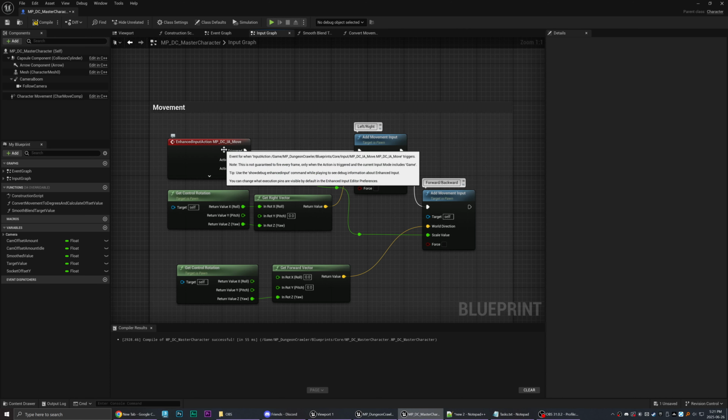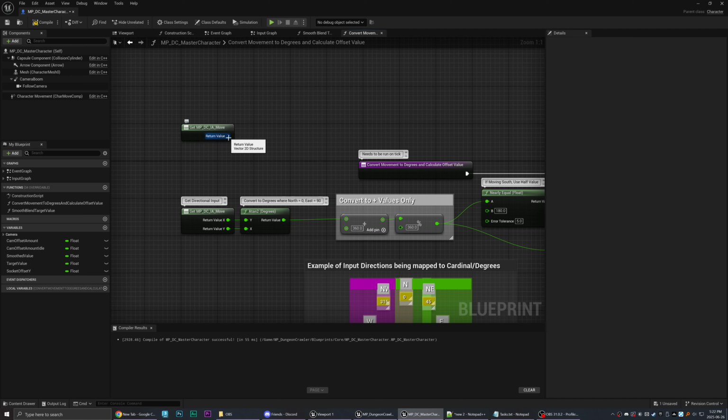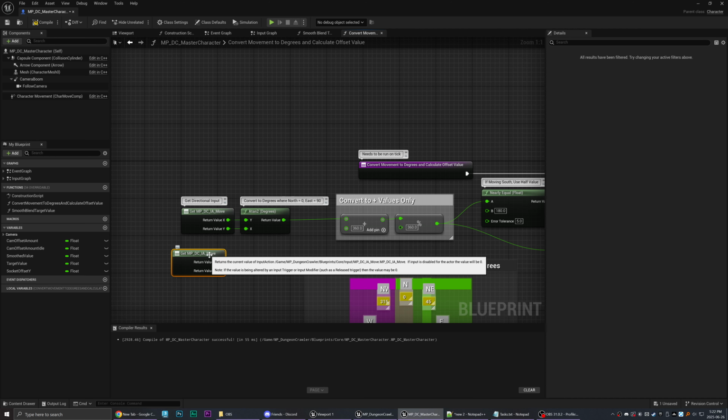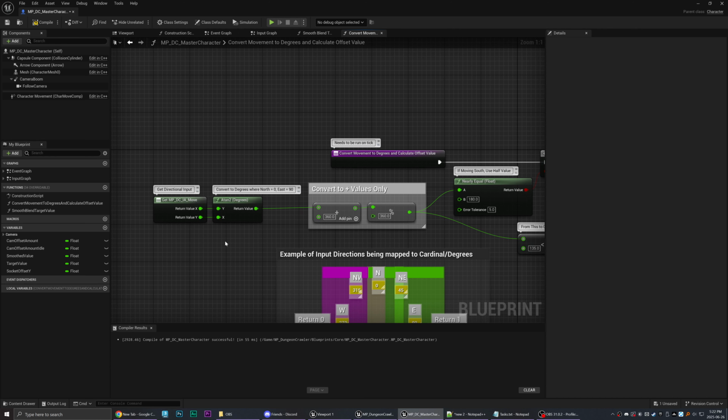We grab our move value, which is a Vector 2D, and then we just split it here. That's how I got this node for getting the directional input. Now, there is this node called Atan2 Degrees.